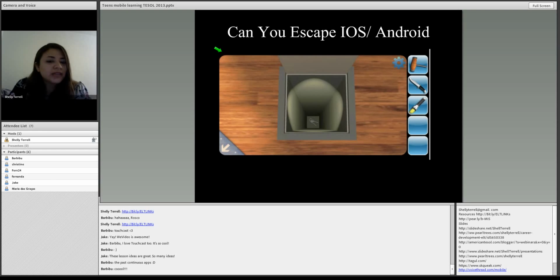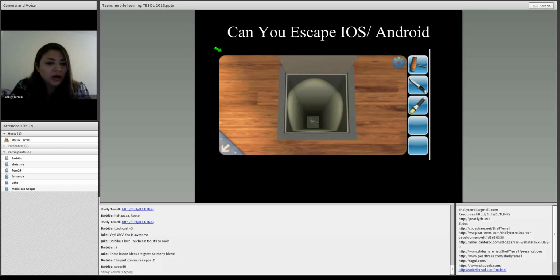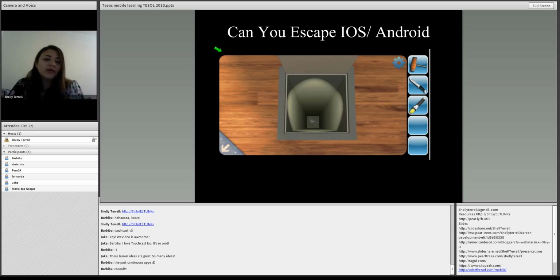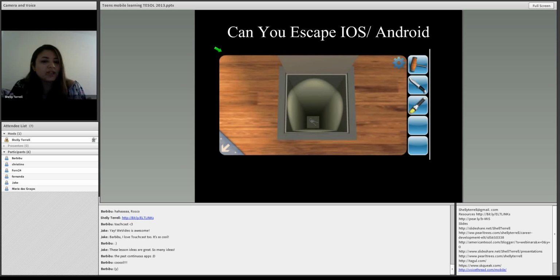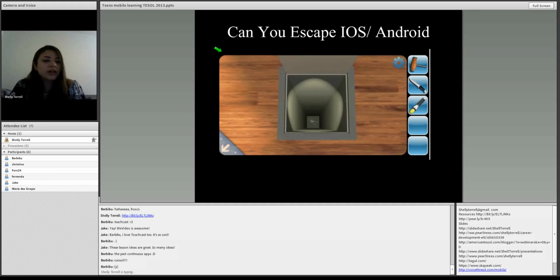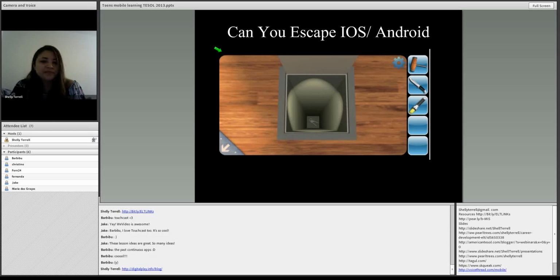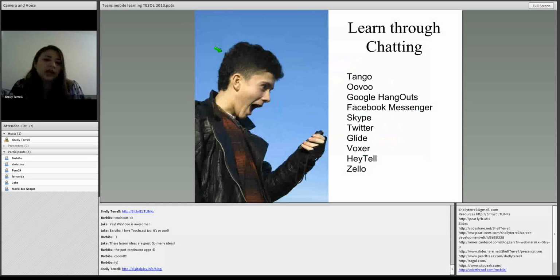But there's so many games out there that you can have on mobile devices. Secret Passages Hidden Objects for iOS, that's a great one. Can You Escape and Secret Passages Hidden are both on both devices. The Sims FreePlay, Dark Canvas, Scramble with Friends, Words with Friends, Hanging with Friends, Song Pop. Can You Escape? So this is for iOS or Android. What you can do is you get different types of scenes, and you have to escape. You have to click on different areas to find hidden objects and stuff as well. It's a new game, I think, that just came out in June.